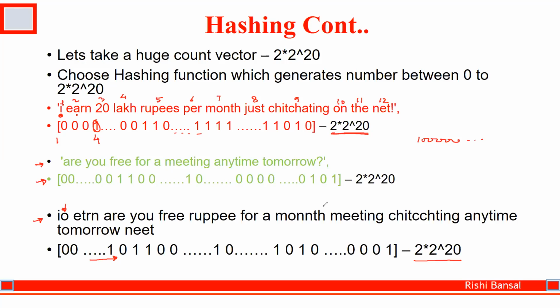So if this is clear, I have not categorized the third message as spam or not spam because its vector is different and you learn this is different from the previous two. So you cannot categorize this as spam or not spam. That's why I have not highlighted this in red or green. It is just a simple black. This is not categorized yet. Is this clear?